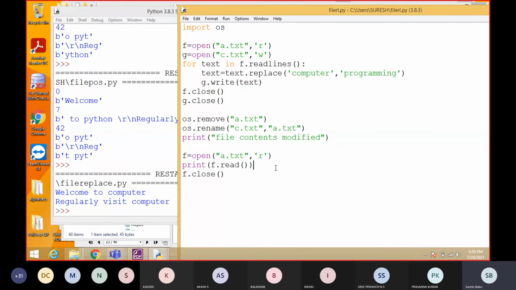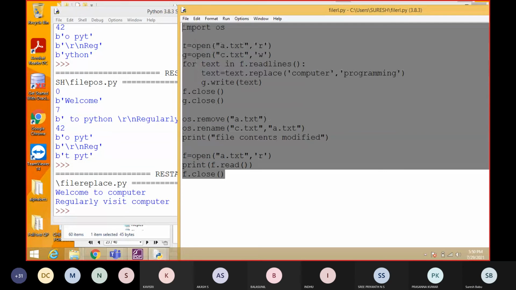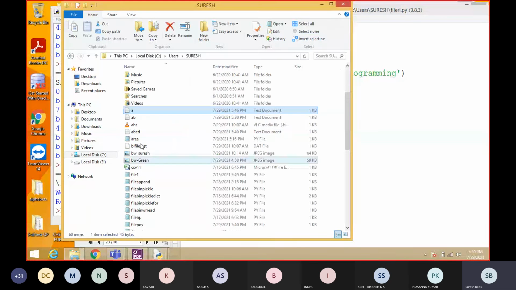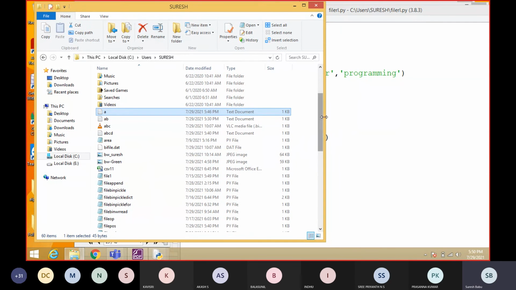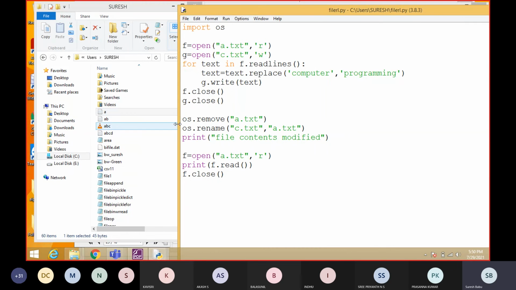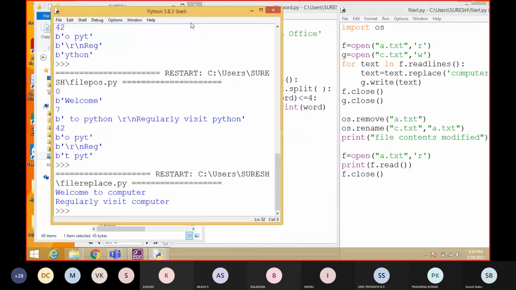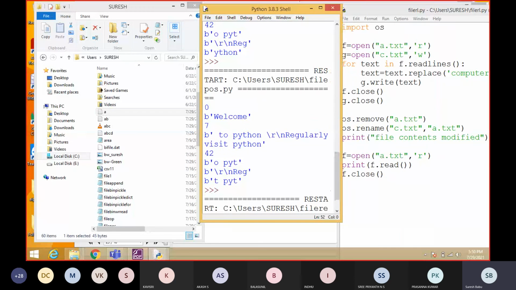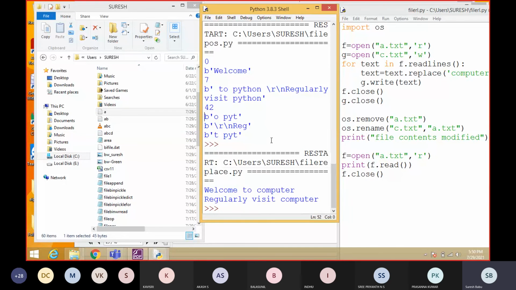Okay, students understood? So everything will be done within a second. You cannot understand what is happening, but students, you have to think logically. Here a is the file. It's going to create a c file and do all the operations, and again it will delete a and will rename c to a. So everything will happen within a second. Students, I will display everything, if it is possible, you can see those things. I'm going to display all the contents: the original file, program, and the output. Everything visible, students?